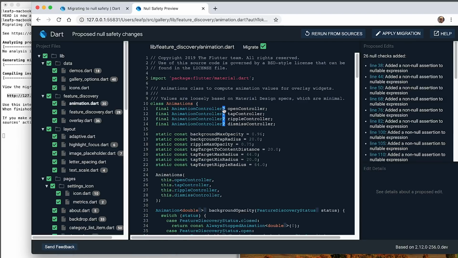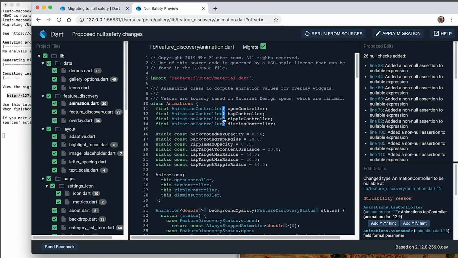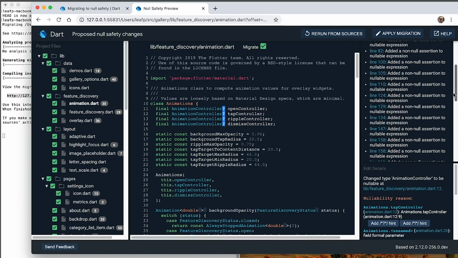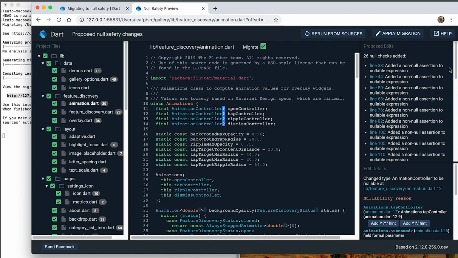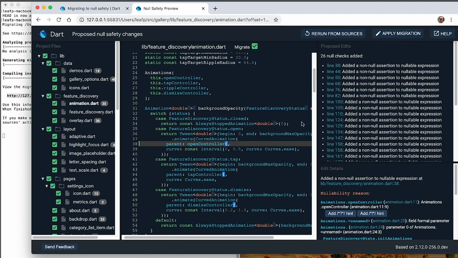And you can see that because it's highlighted here, the changes that it's proposing to make in the preview pane. So if we look at each of these, it's adding question marks to these types, meaning this is becoming a nullable type. This is a field that it thinks is potentially going to be nullable. And it's also listing over here in the upper right-hand corner, by category, each of the changes it's going to make. So we can see in this file here, it's making quite a few changes. It's proposing to add a lot of non-null assertion operators. We can click on them over here and it'll take us there.